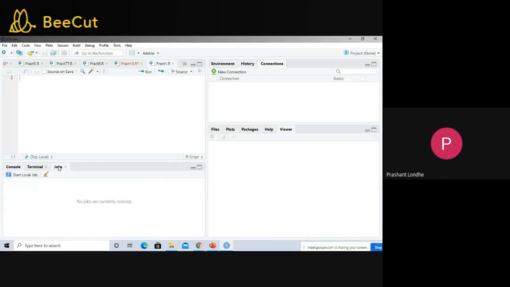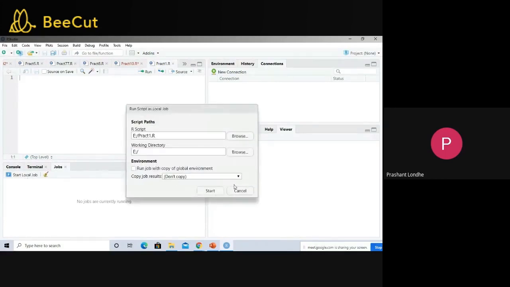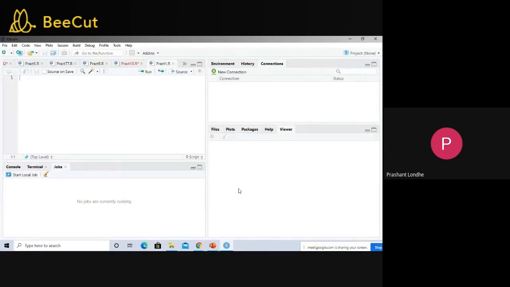Okay, this is regarding job. You can start any local job. If you have external files, you can use the external scripts, you can connect those scripts to RStudio using local job. Even you can have network files also, provided your machine is connected to network.